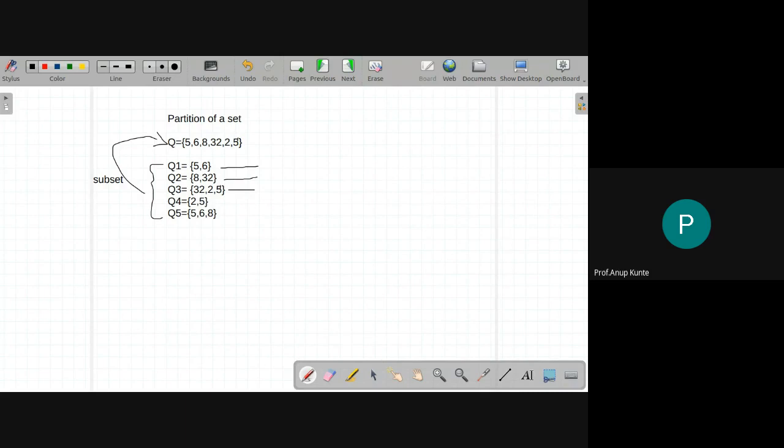Just rewrite it. Okay. I know, last moment change because set है तो set में repetition नहीं होना चाहिए. मैं ही खुद definition set का use नहीं किया properly in the example. So this is 5, 6, 8, 32 to 5, 32 to 9. This is the set. Okay. Now I get 5, 6, 8, 32, 32 to 9.